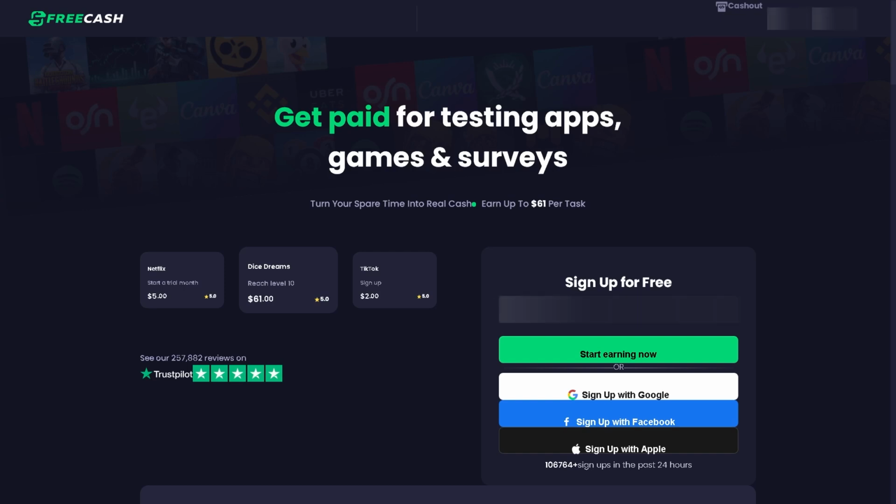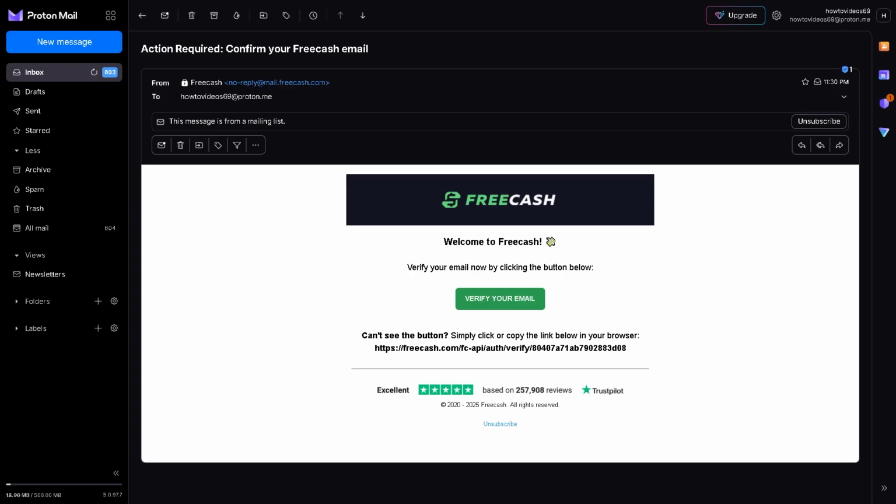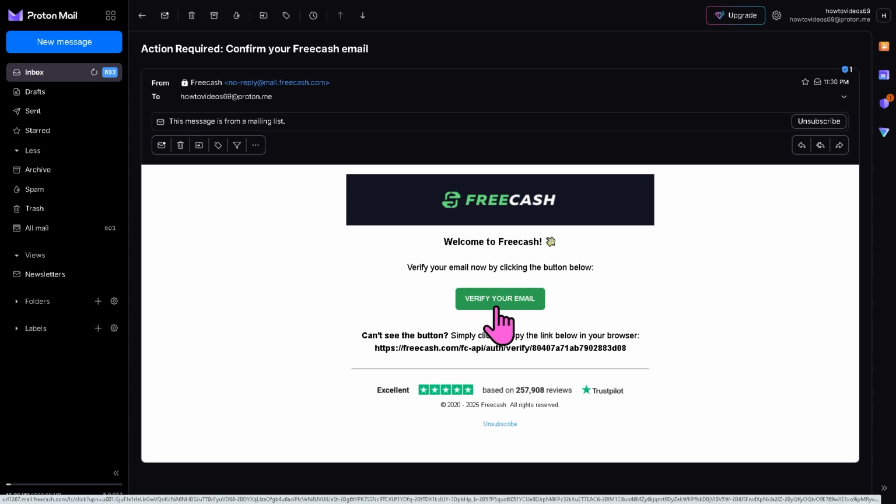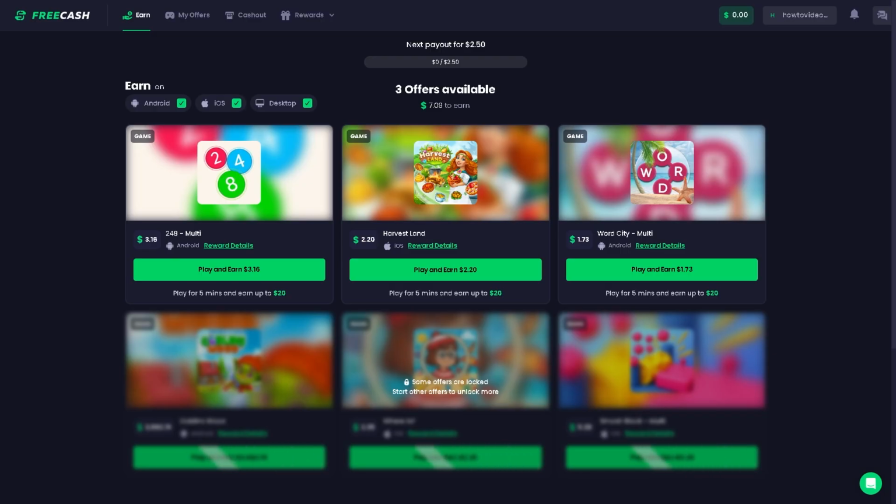Let's begin. Okay, so if you have just created a Freecash account, you should receive a confirmation email, and I want you to click the link in that email to confirm your account, and it will take you to the Freecash dashboard. Here, this is where you can complete the verification process by going to your profile icon on the top